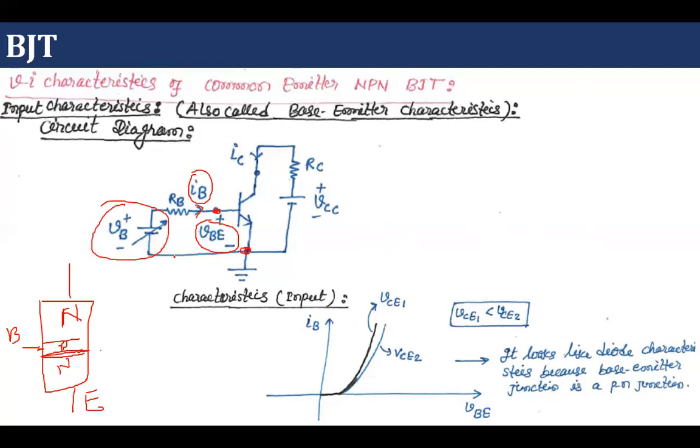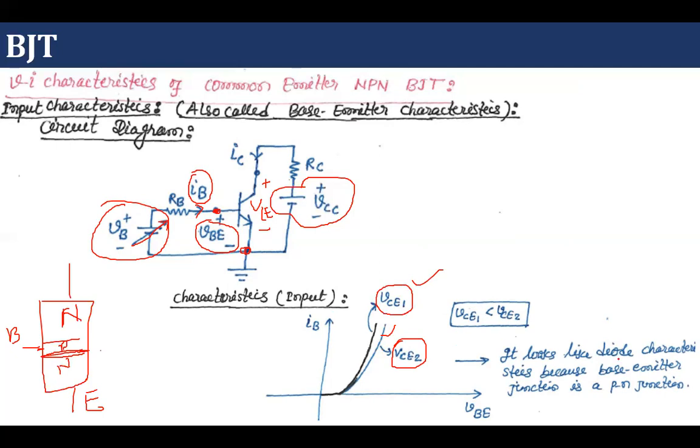Okay, and at this point of time, since we are going to get the graph, we need a number of points. So the external voltage which we are applying from the input side must be variable, but this must be fixed. Whatever be the voltage, we have to keep this voltage constant during this experiment. We do not have to change this VCC, because depending on this VCC, we are going to get this voltage VCE. Okay, so for a particular VCE, we are going to get this graph. If I'm changing the VCE, this graph will change.